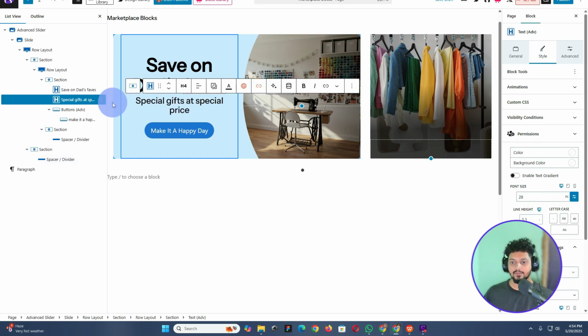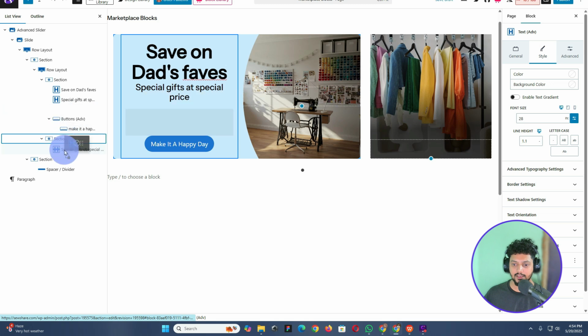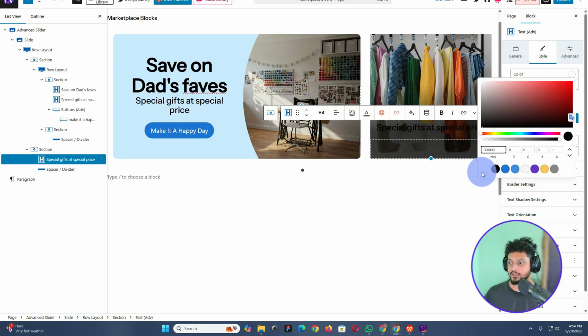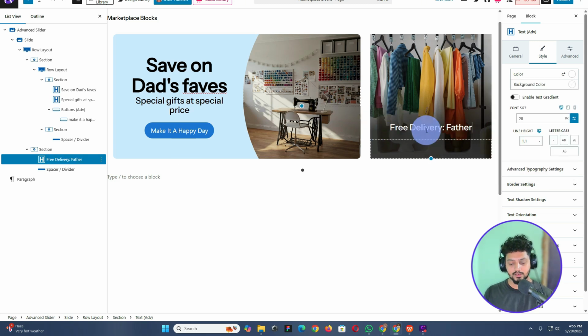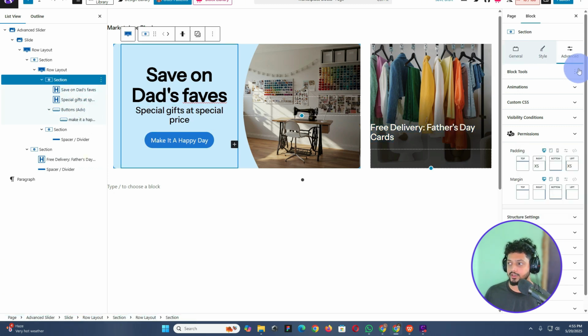Now where I have this excerpt, I am going to duplicate this excerpt from there, and then I'll select and drag it right here. Now you can see this is our text, where it is of course in the black color, and I'll just select the color, and I'll change the color to the white color. Remember we have added some margins, some padding here, so I'll select this section, I'll go to this,